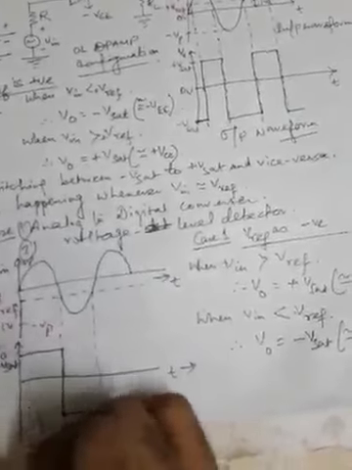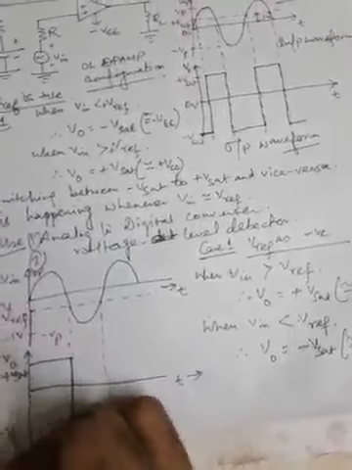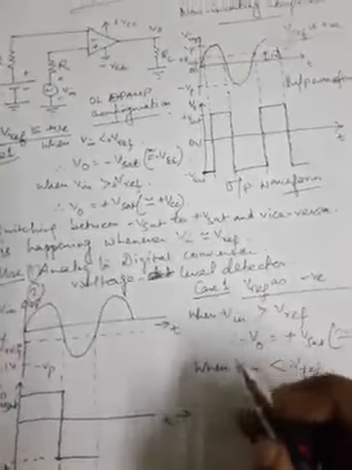So this is nothing but minus Vsat. So this is plus Vsat and this is minus Vsat. So this is the way it is happening. So here